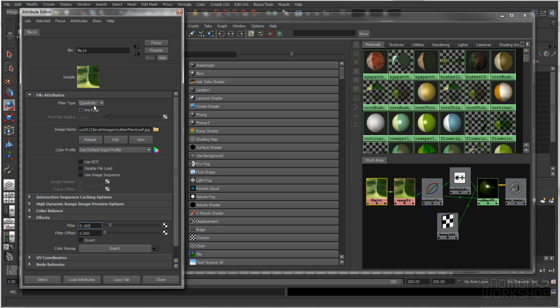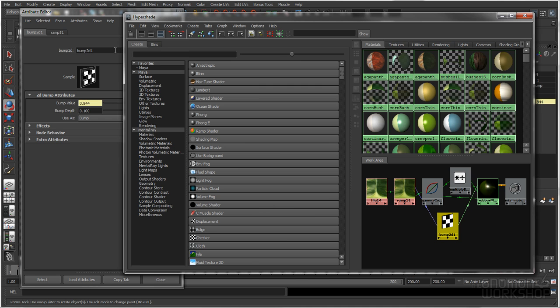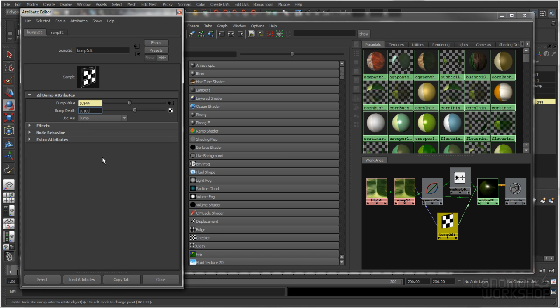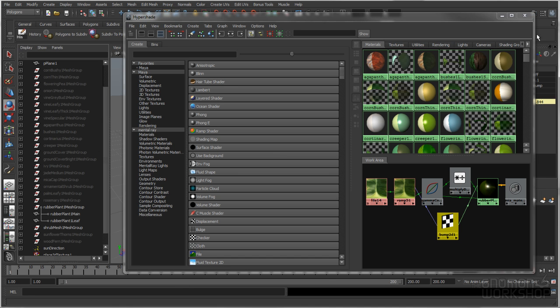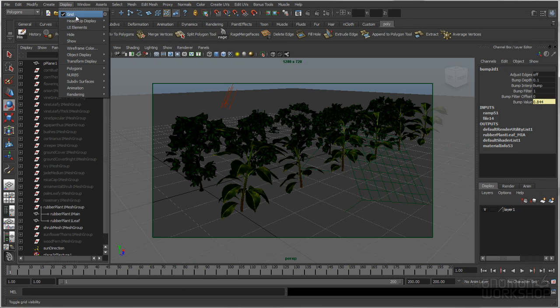You can also turn the filter type off, but for me, putting it to 0.1 tends to work fine. It makes my texture sharp, but at the same time works well. And if I turn it off, then you can get issues in animation with sizzling textures. So for the rubber plant leaf, I'm just lowering the filter down, and on the bump map, I've got the bump depth at 0.1, and then if we go back to the render view window,